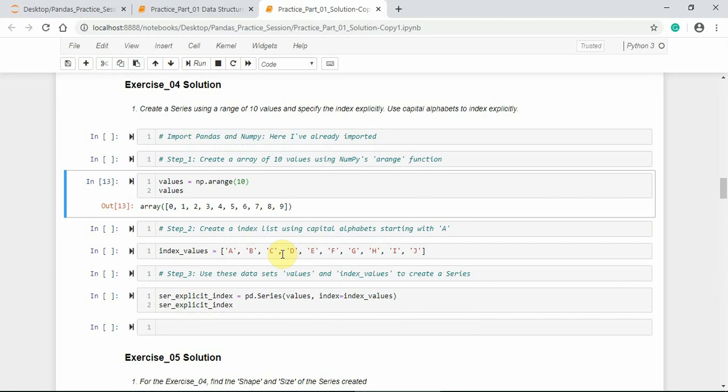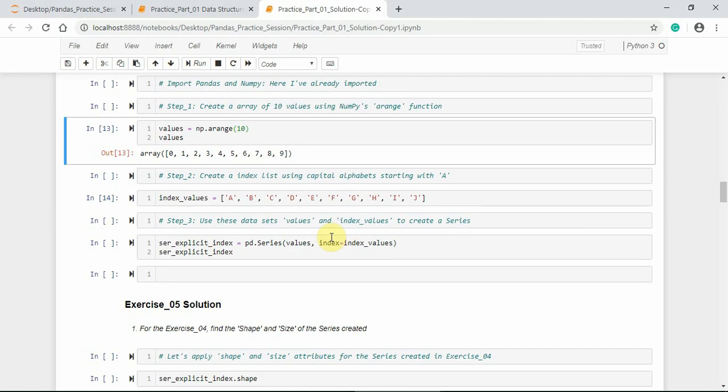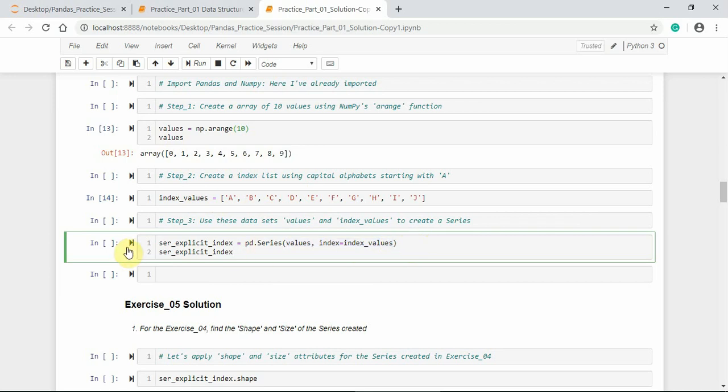Let us create explicitly defined index labels with the capital letters from A to J. After creating a list of index labels, let us pass the array of elements, that is values, and the explicitly defined index values inside the pandas series constructor to construct a series object.